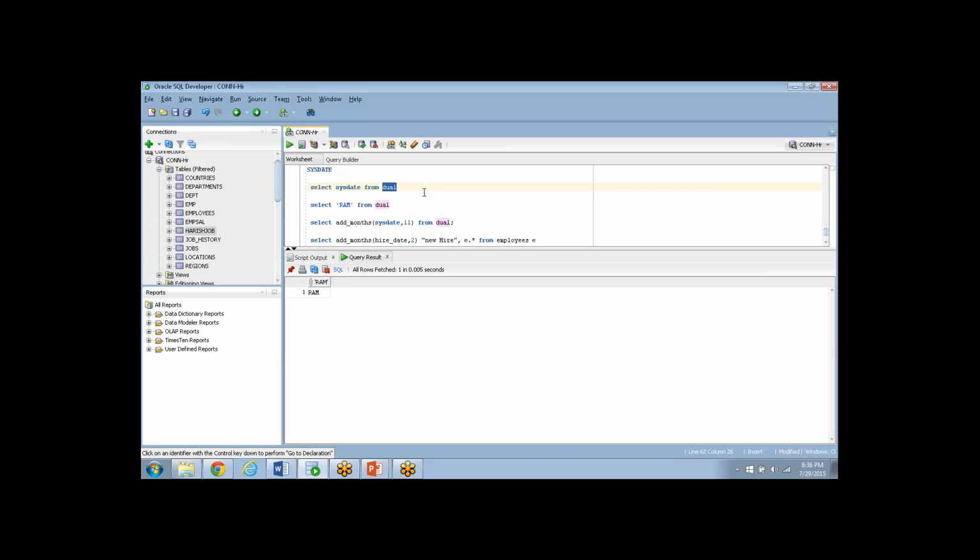Yes, it's a temporary table, exactly, that's correct. It's just creating a temporary table to display the output, that's it, right? That's exactly correct. It's a temporary table to display the output of system defined functions, then we use the dual. Even in a real time environment we use this a lot, because sometimes I want to know what the sysdate is